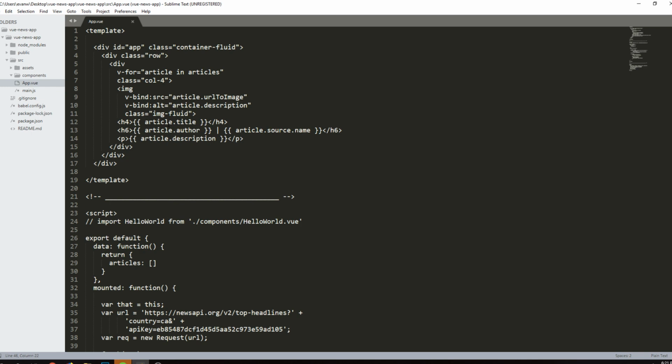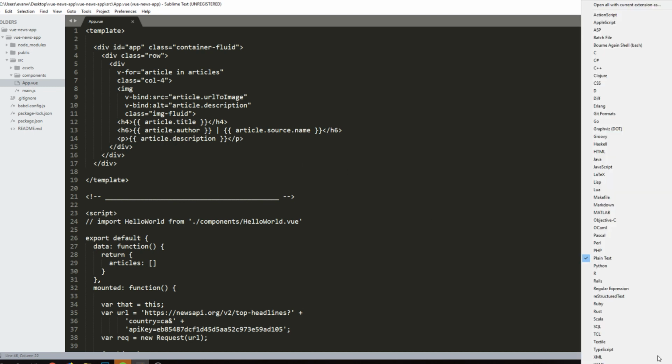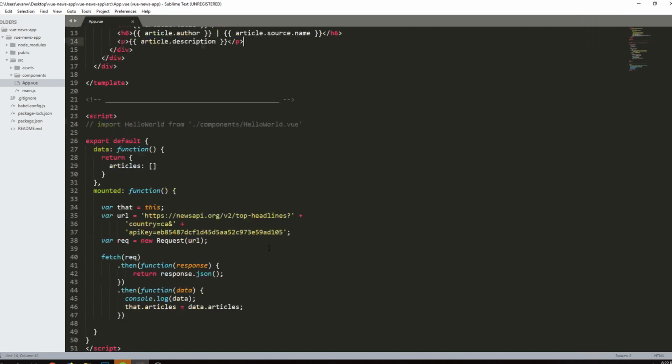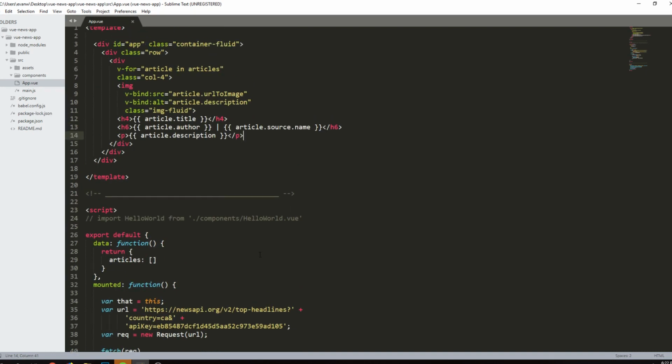HTML. So just to get us caught up, I've opened the application here in Sublime Text, which should be a text editor that you're familiar with. And once again, everything is white. Everything is white because Sublime doesn't know how to read a .vue file. So one more time, to fix that, you're going to click on plain text down here in the bottom and select HTML. And this is how we want to be able to read a .vue